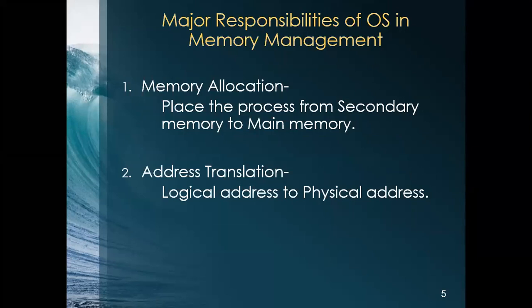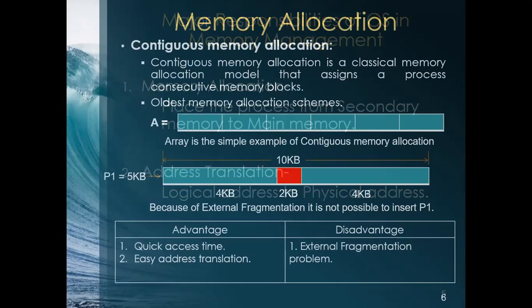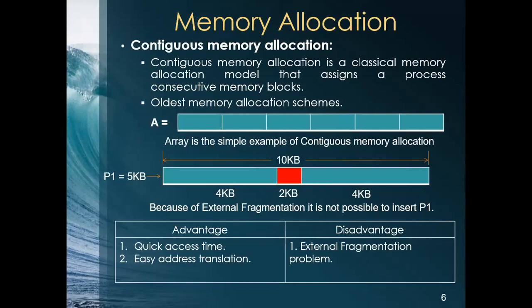But first we'll discuss memory allocation: given a fixed amount of physical memory, how does your computer actually allocate the space between different processes? Normally we have two types of memory allocation. One is contiguous memory allocation. That means the processor allocates memory one after another, serially, just like the way we do in an array.